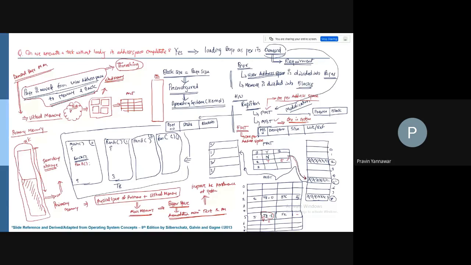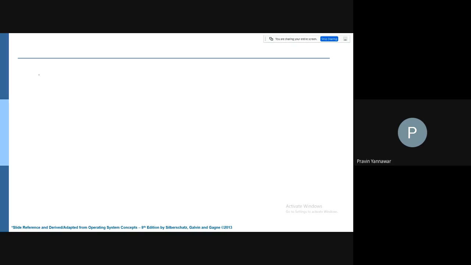So if you look at the representation mechanism, initially you have a task. Then we know that this task exists on a disk. Then this is going to be a file map table, where we are going to have the pages information. So this is going to be the page information.